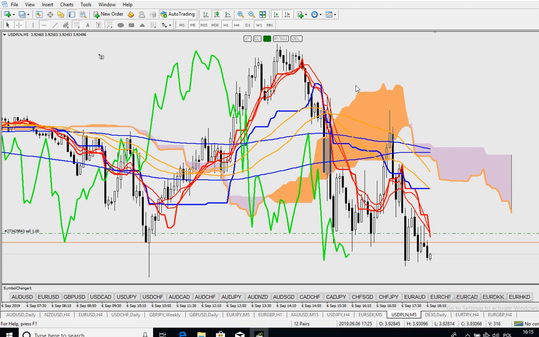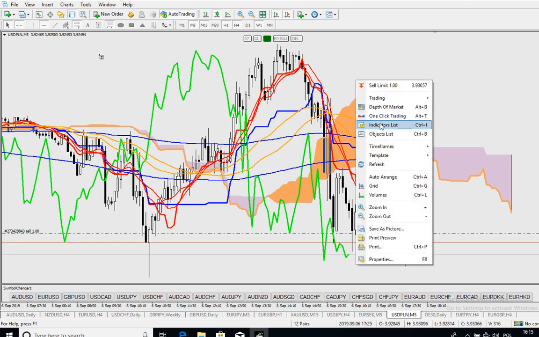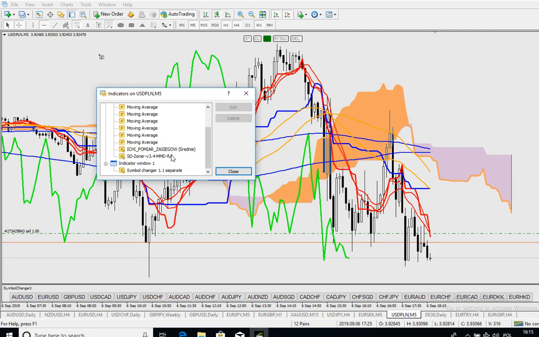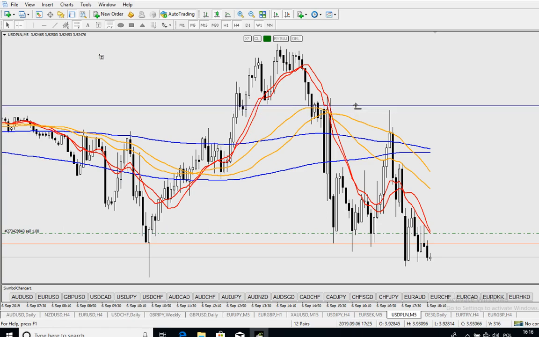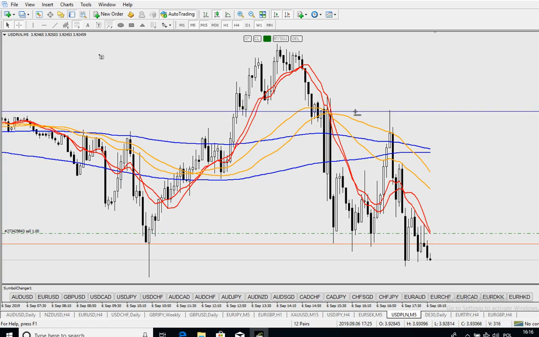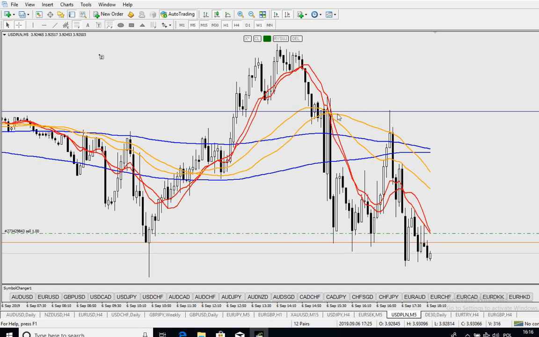And let's actually remove Ichimoku, so we can see clearly there is a level where the red cloud gets into the orange, and the price gets exactly up to this point,